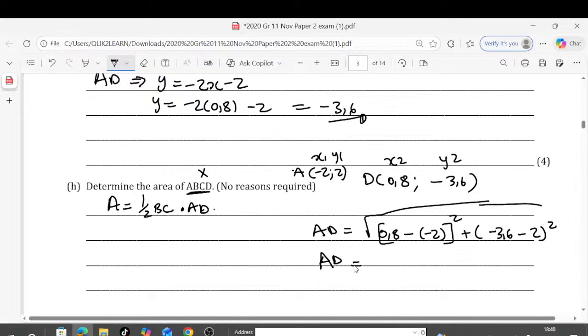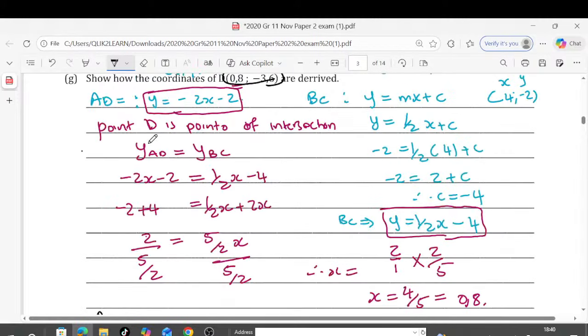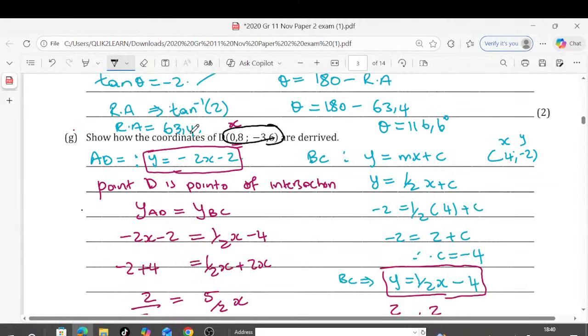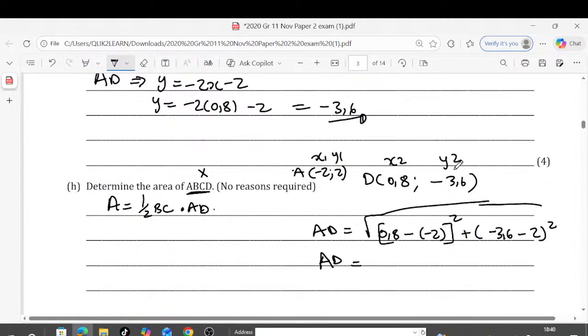It's 0.8 minus minus 2, so that's 0.8 plus 2 squared, and then we have negative 3.6 minus 2. Yes, negative 3.6. So I get my AD to be